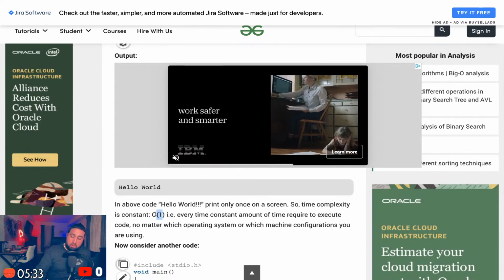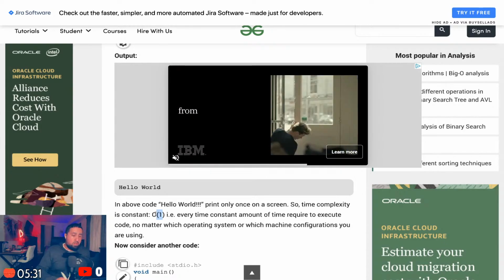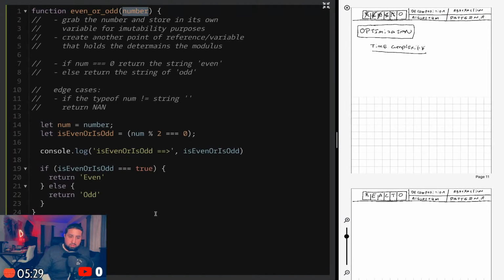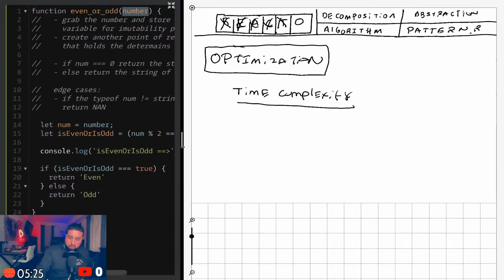So I'm gonna say the time complexity for this problem, because I'm printing out one number, is constant time, which is big O of 1, because I'm only printing out one thing at a time.